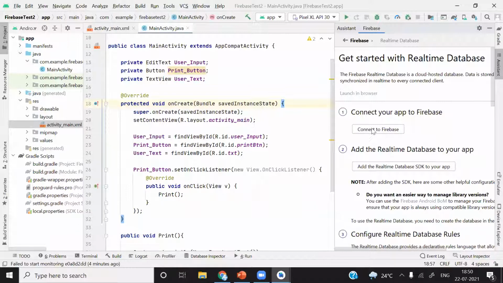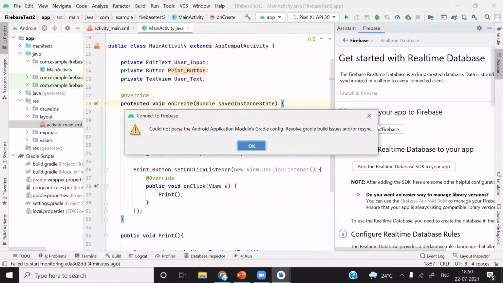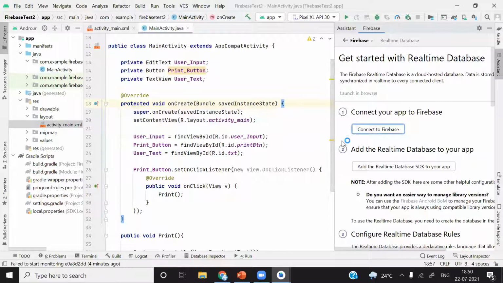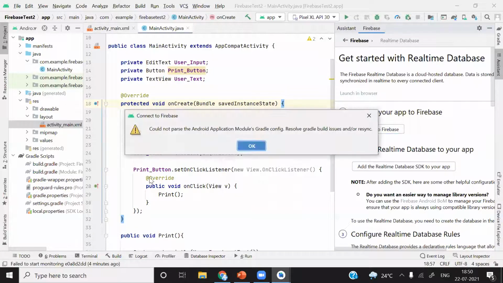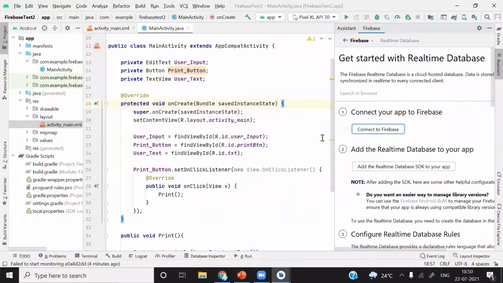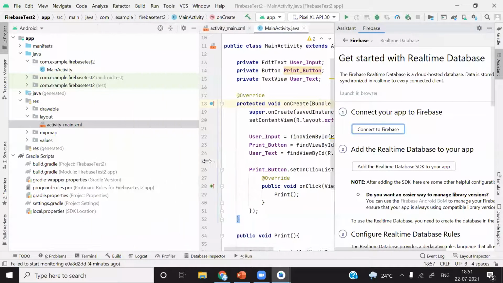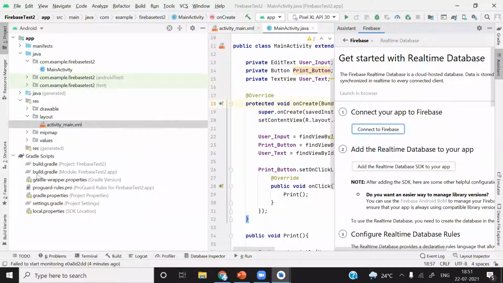The first thing I will do is click here. Now whenever you click here, you will see this error: could not parse the Android application module's Gradle config, resolve the Gradle build issue and/or resync. To remove this problem, whenever we click you will see this issue, you simply have to go to the second file,